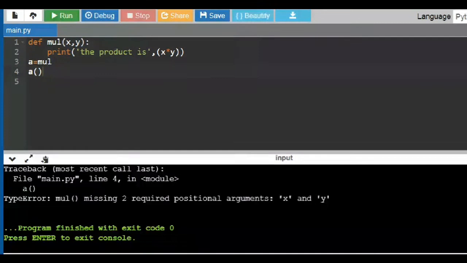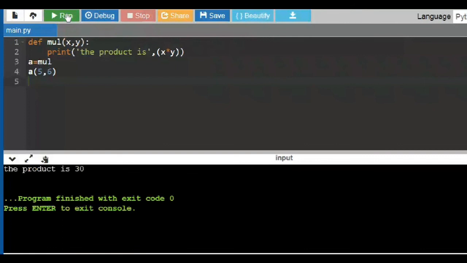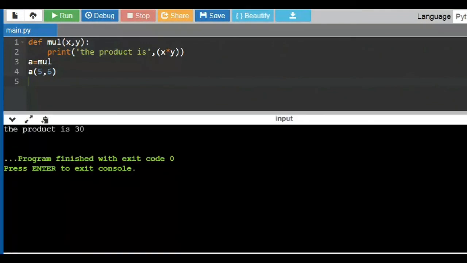It requires 2 arguments, so I can say 5, 6. Can you see this on the screen, girls? What I did is give the function mul the name a. I said a 5, 6. Is it clear to everyone in the class?